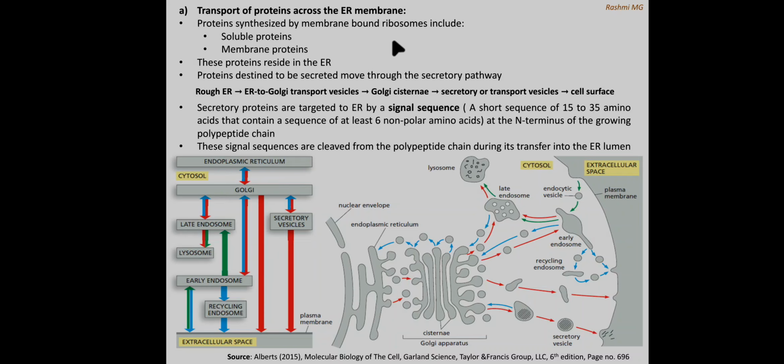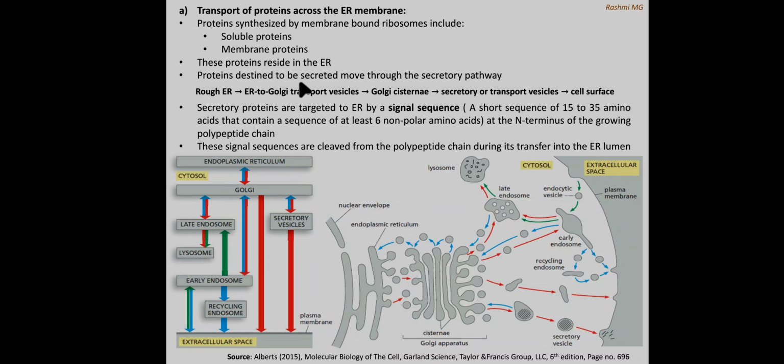Proteins synthesized by membrane bound ribosomes include soluble proteins and membrane proteins. What do I mean by this term membrane bound ribosome? That is ribosome associated with the endoplasmic reticulum. Which type of proteins does it produce? Soluble proteins and membrane proteins. These proteins reside in the